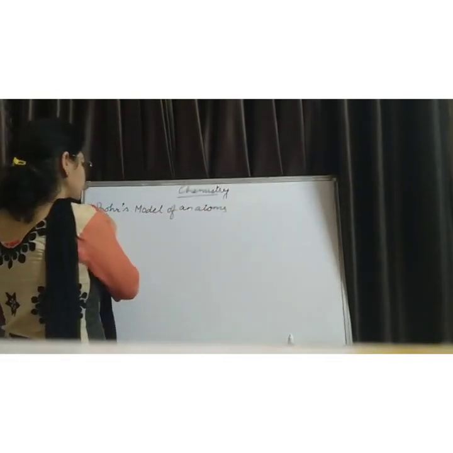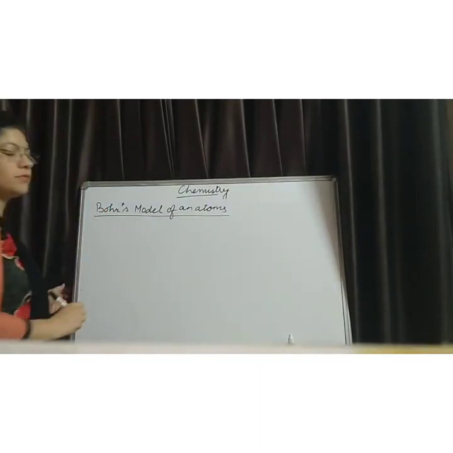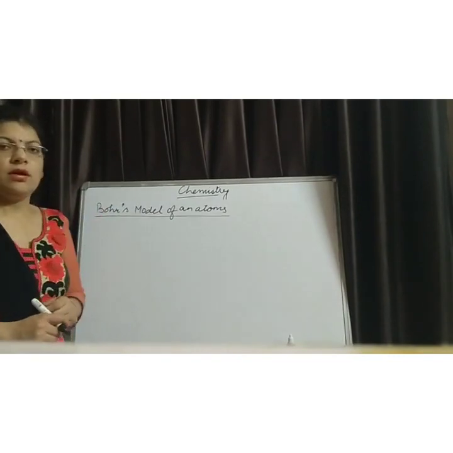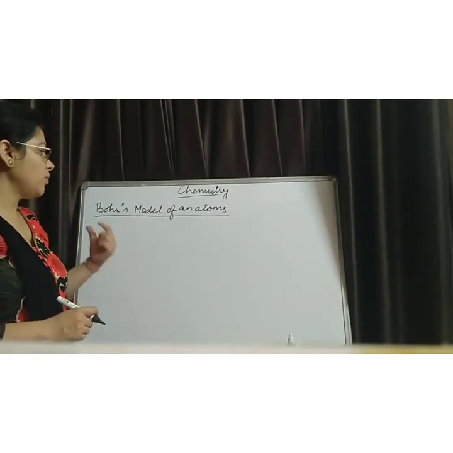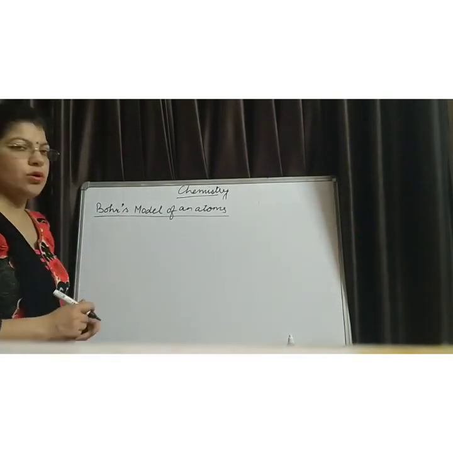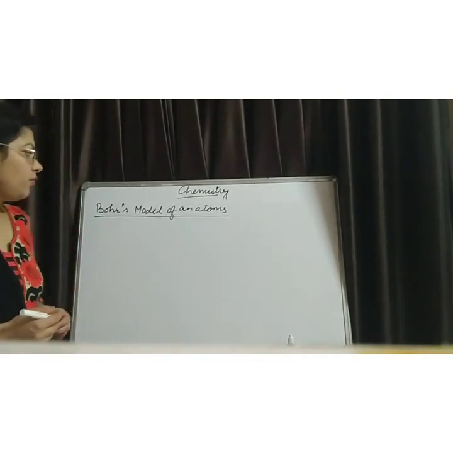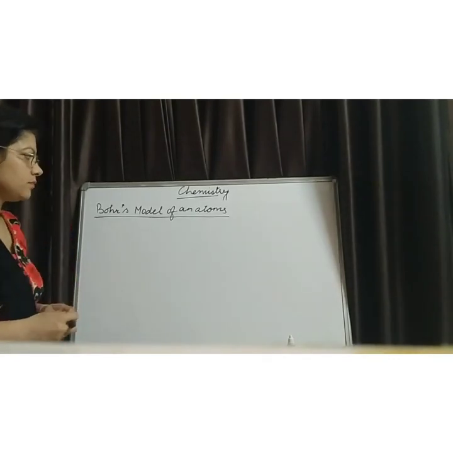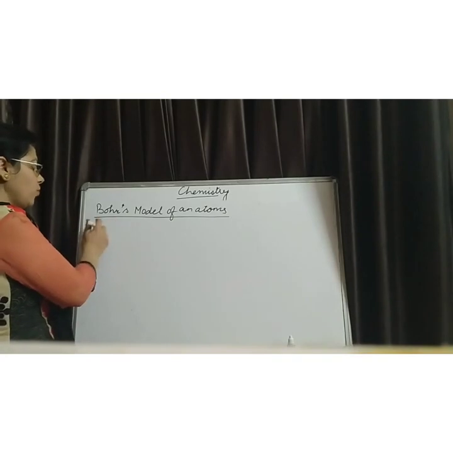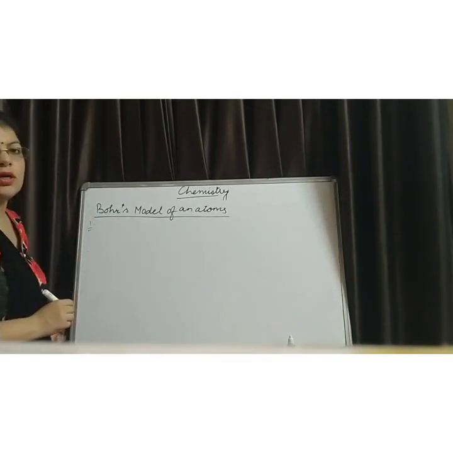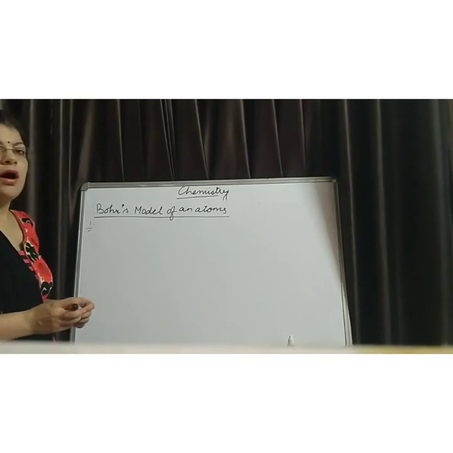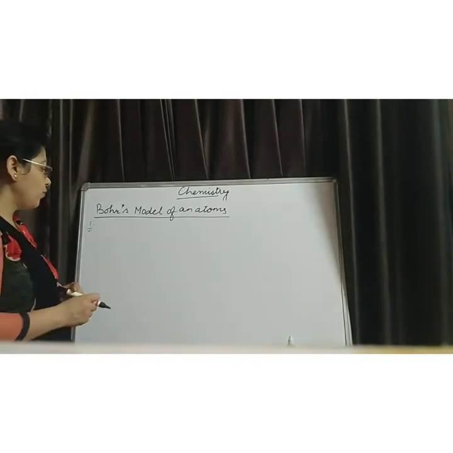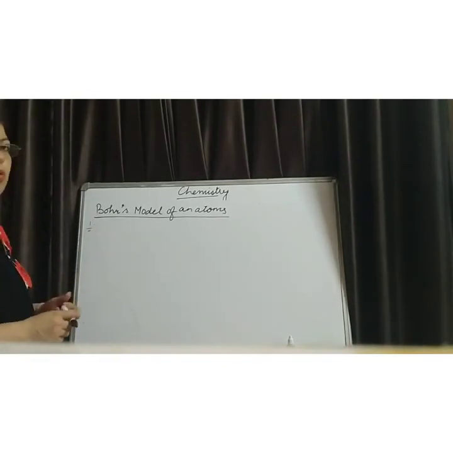What are the main points of the Bohr's model of an atom? After the failure of the Rutherford model, another model was proposed by Bohr. We know that the failure of the Rutherford model was the stability of the atom. So the first point of the Bohr's model is about the stability of the atom. How does it explain the stability? For the stability, according to Bohr's model,